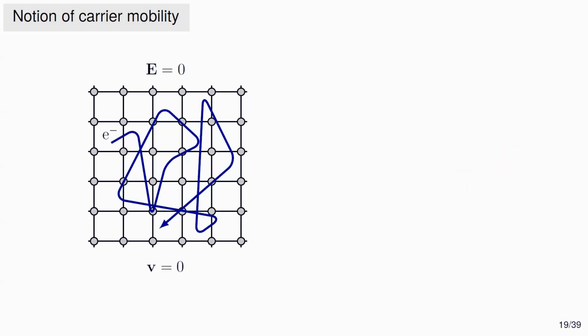So I mentioned the word mobility earlier. Now let me give you a bit more of a formal definition. This is just a cartoon of a crystal, and you can imagine that if in this crystal there is no electric field, electrons at some kind of room temperature will wander around in some random Brownian motion. They will be scattered by maybe vibrations, defects, and other things. But on average, the velocity will be zero because there is nothing that breaks the symmetry, essentially.